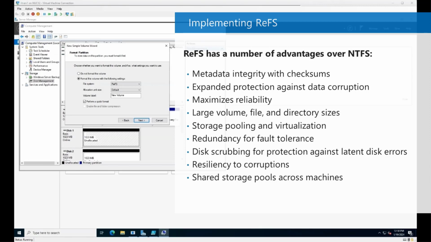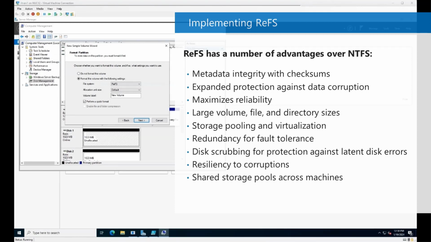Therefore, programs that run on Windows Server can access files on ReFS just as they would on NTFS. However, a ReFS formatted drive is not recognized when placed in computers that are running Windows Server operating systems that were released before Windows Server 2012. You can use ReFS drives with Windows 10 and Windows 8, Windows 11 of course, and all subsequent Windows operating